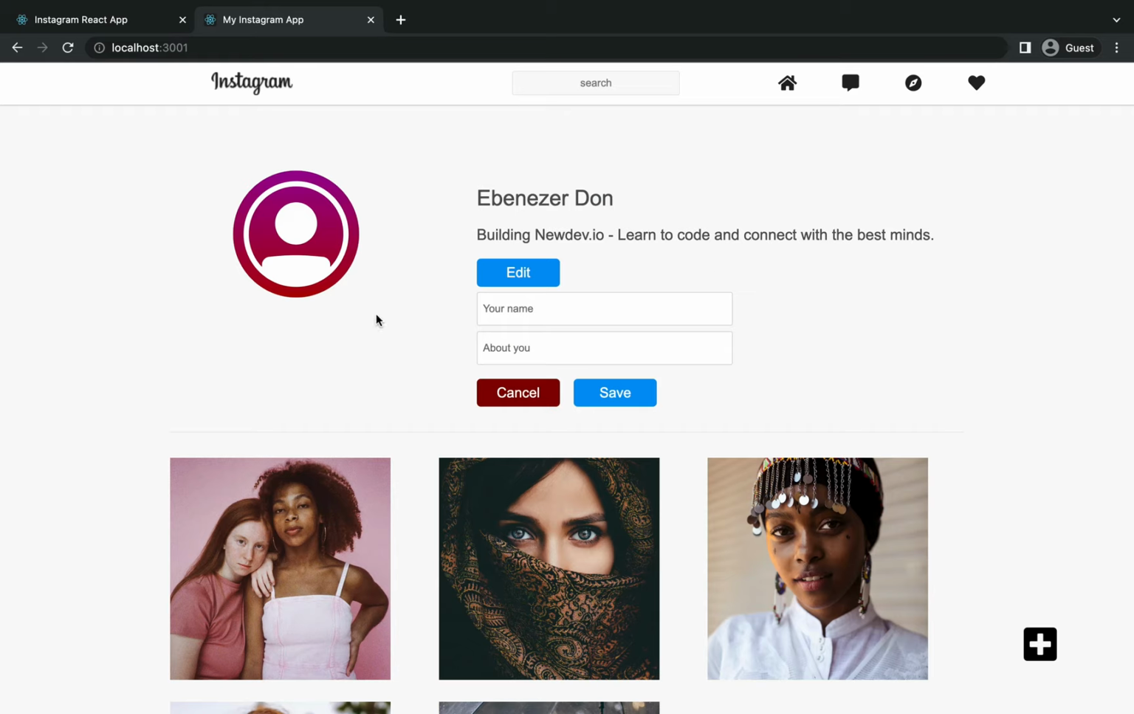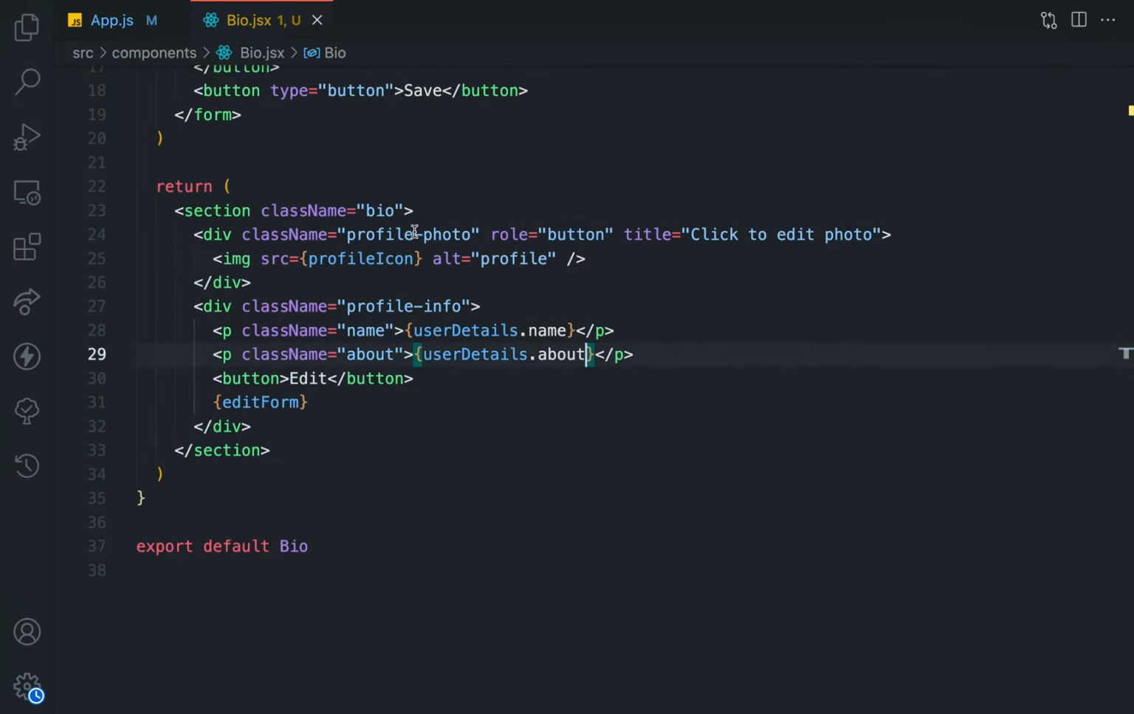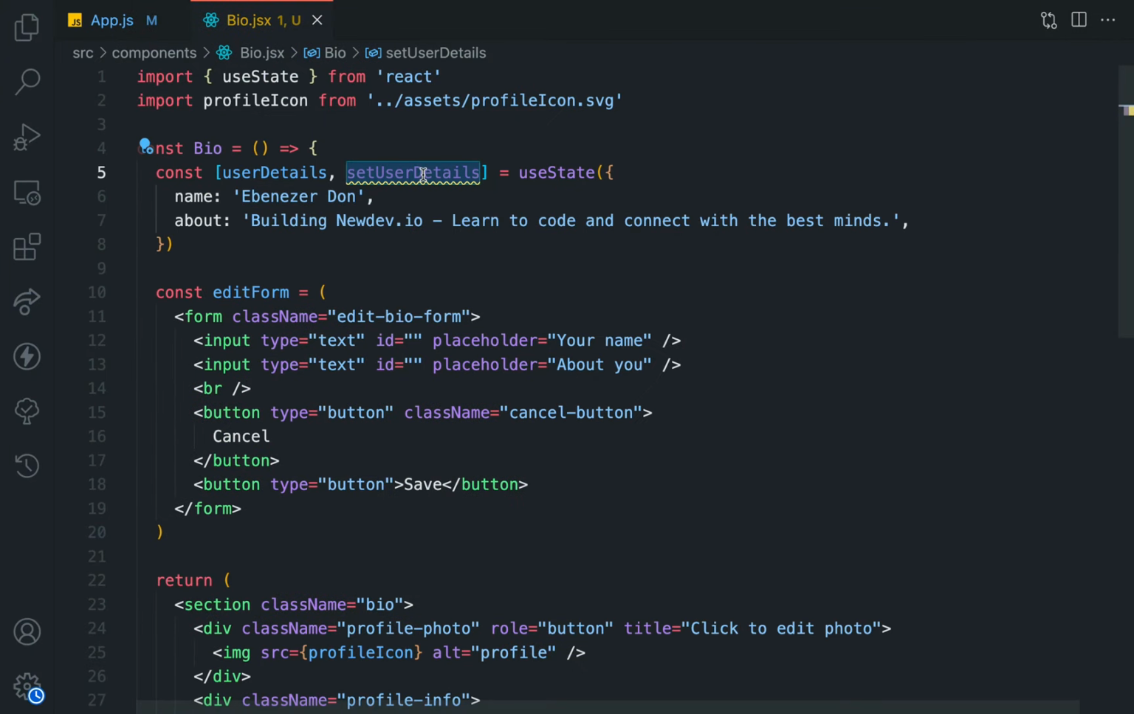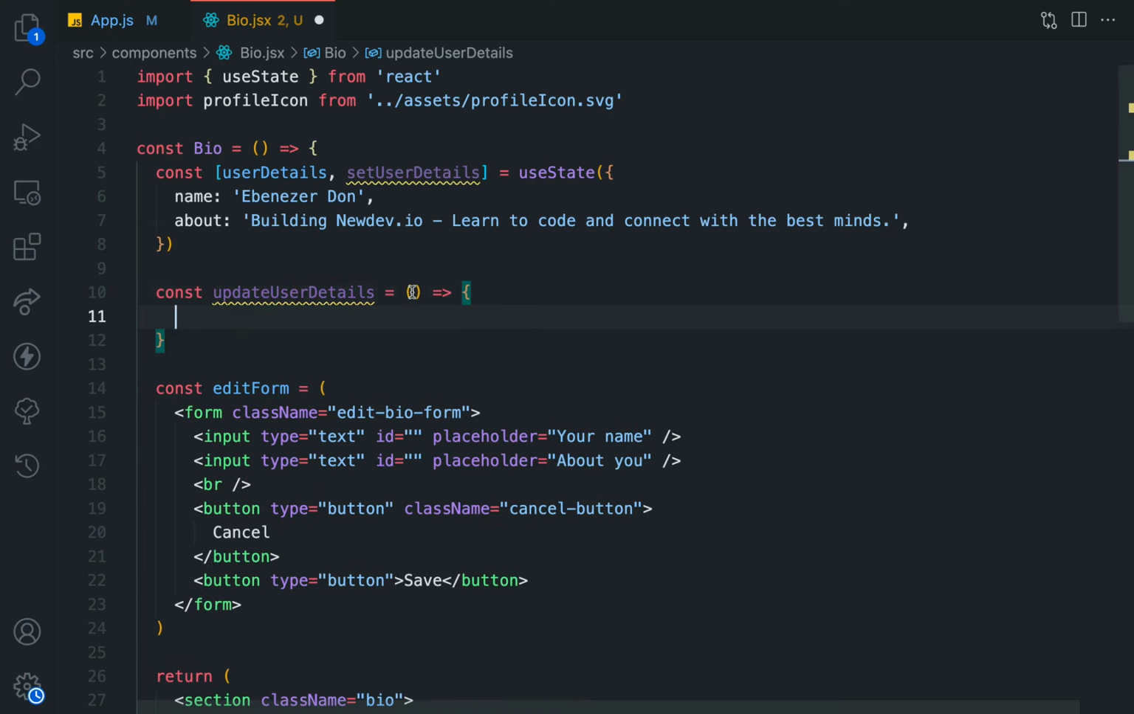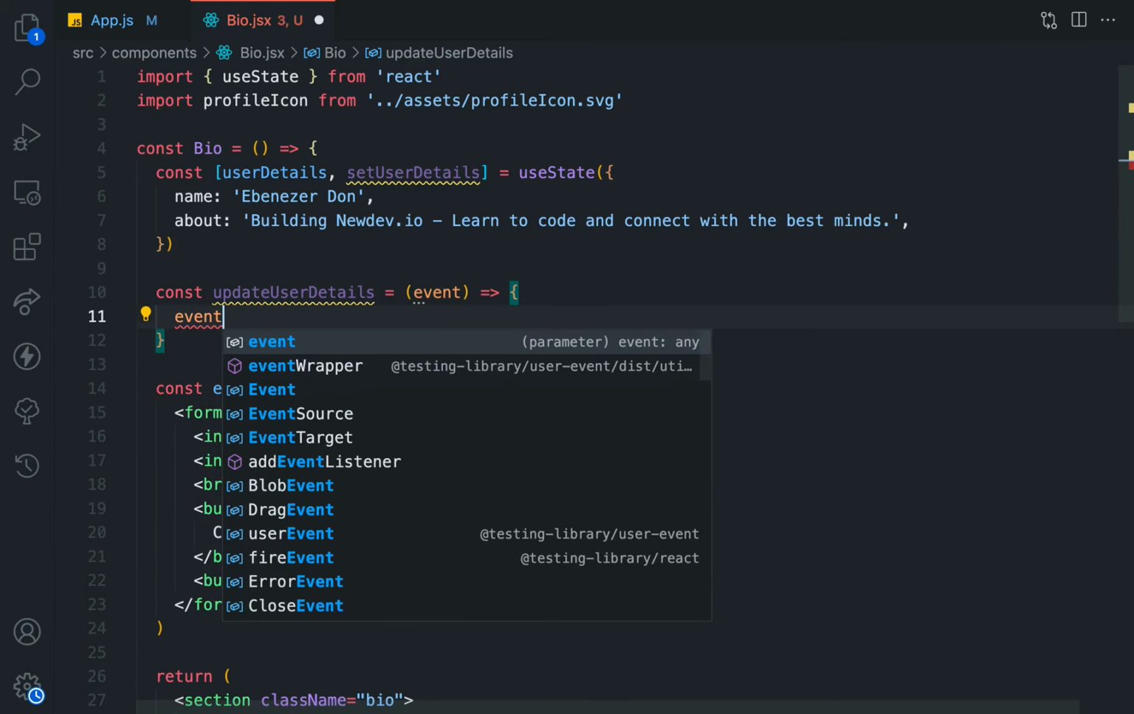The next thing we want to do with our edit form is make it work, so that when I type name right here as John and a new about text and hit the save button, we're going to update our state using the set user details state. For that, I'm going to create a new function, and that's going to be a function named update user details, and I'll call this function whenever we click on the save button. First of all, let our function take in the event parameters so that on line 11 we're going to prevent